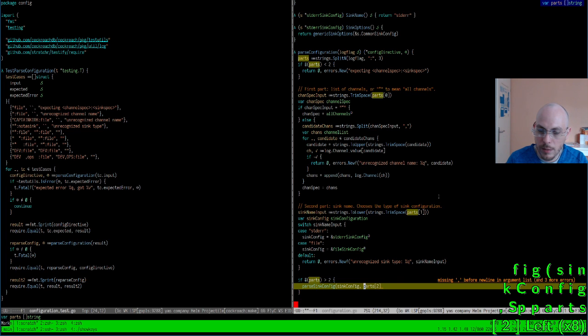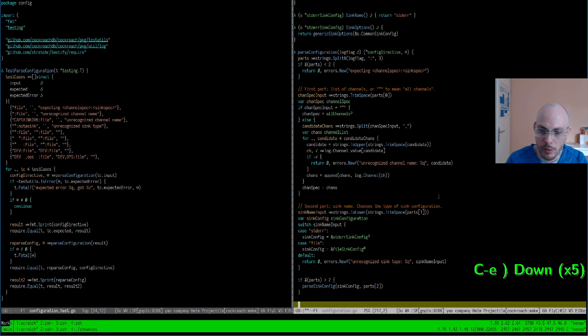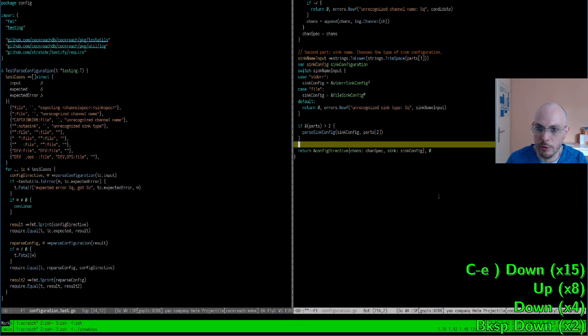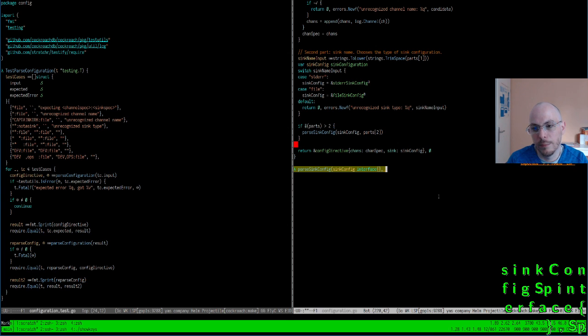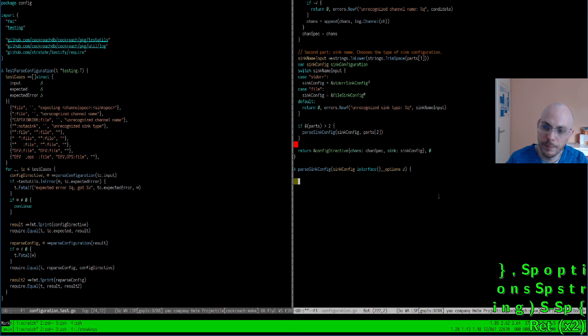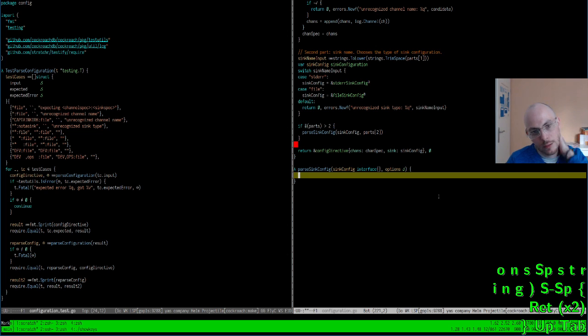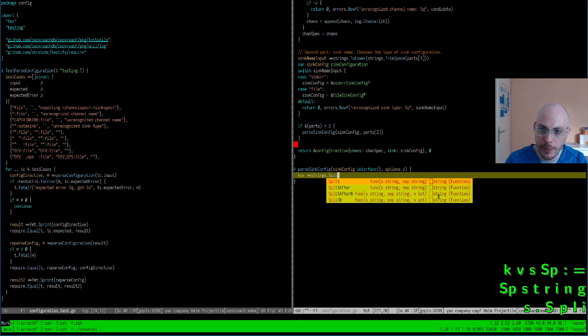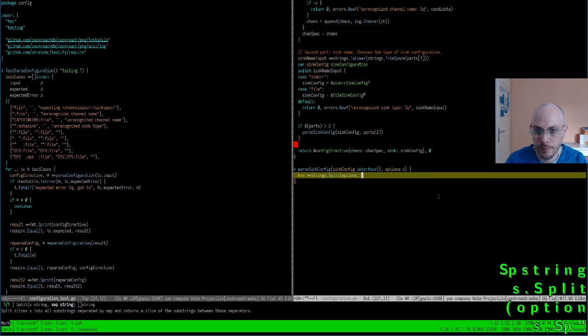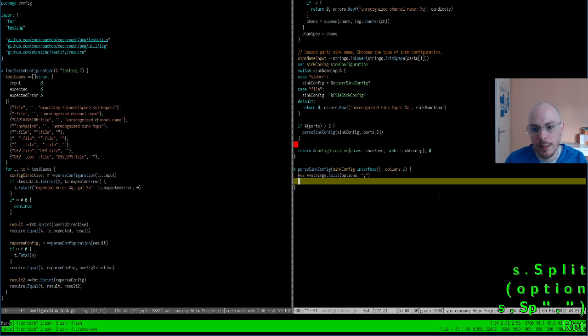And again, I will be in a moment flexible about spacing. Cool. Now the options are separated key equal value separated by commas. Split. And then each of the key values is possibly separated by an equal sign.